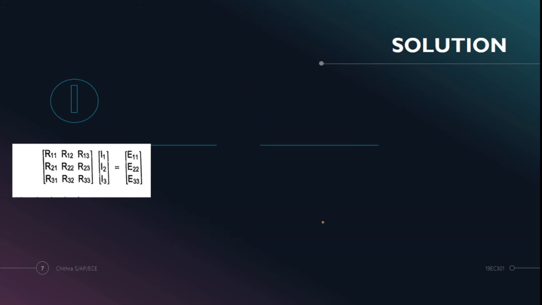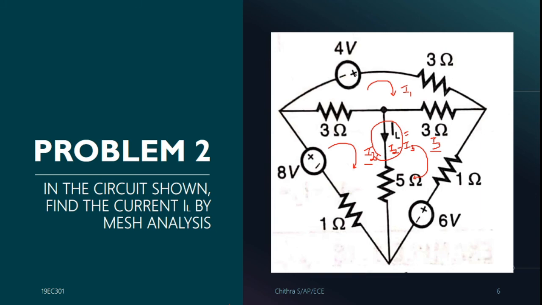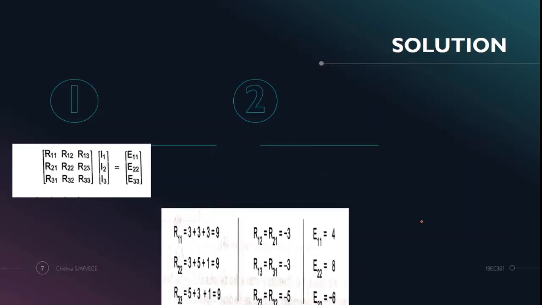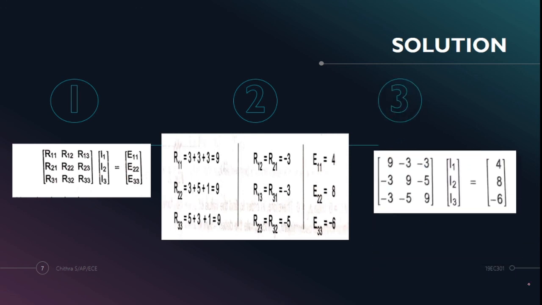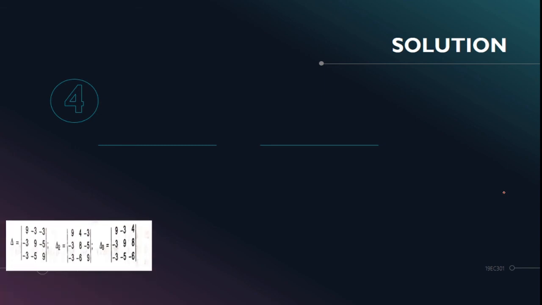So we have sources in all three parts of the circuit. If you see here, for I1 it is minus to plus, so this voltage will be positive. I2 again goes like this, so the leaving terminal is positive. This will also be positive. But here, the leaving current is negative, so I3 will be minus 6 volts. So we can see it is 4, 8 and minus 6, because the current leaves the negative terminal of the voltage source.